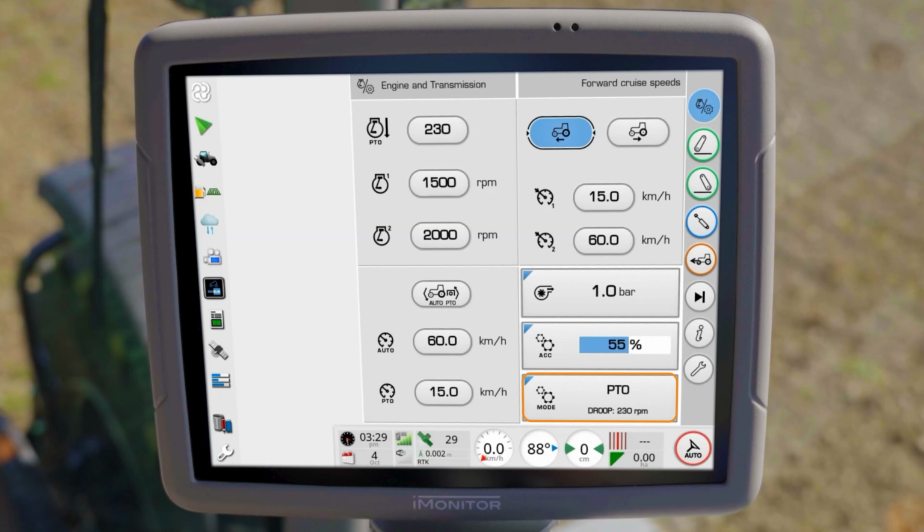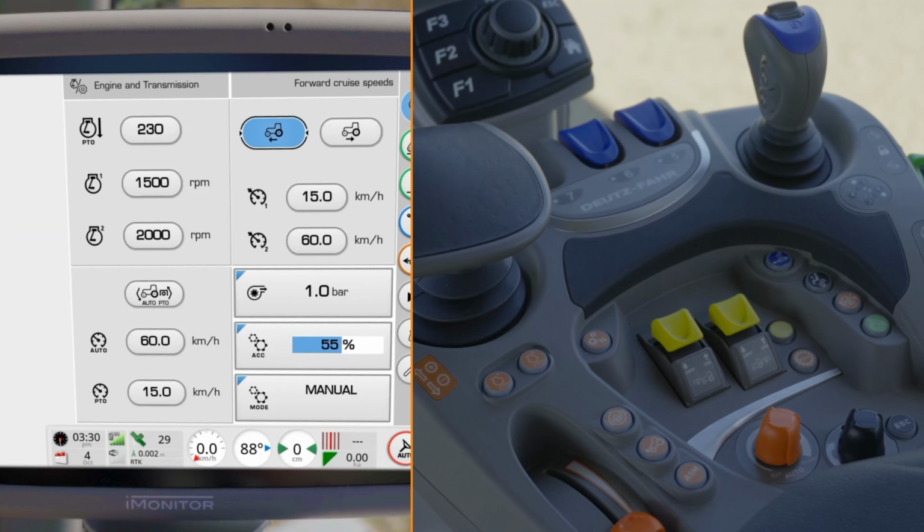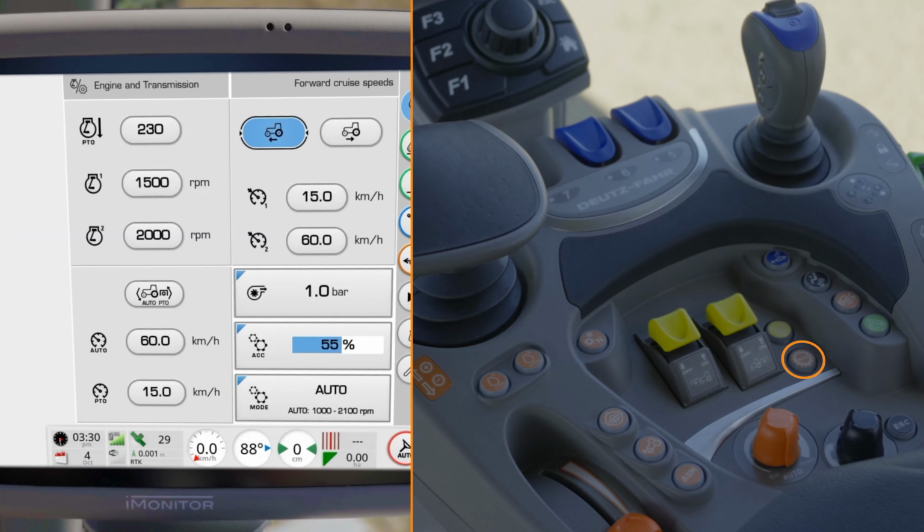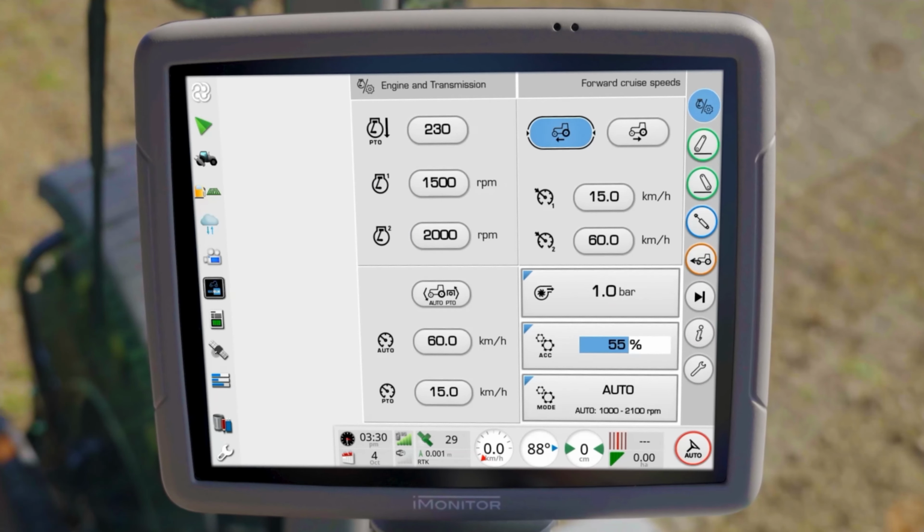PTO mode is specially designed for work with the PTO. In this mode, the engine transmission management system keeps the engine speed constant and only adjusts the transmission ratio. Manual mode is designed for work at speeds below 100 m/h. To switch between these modes, press the mode button on the armrest.